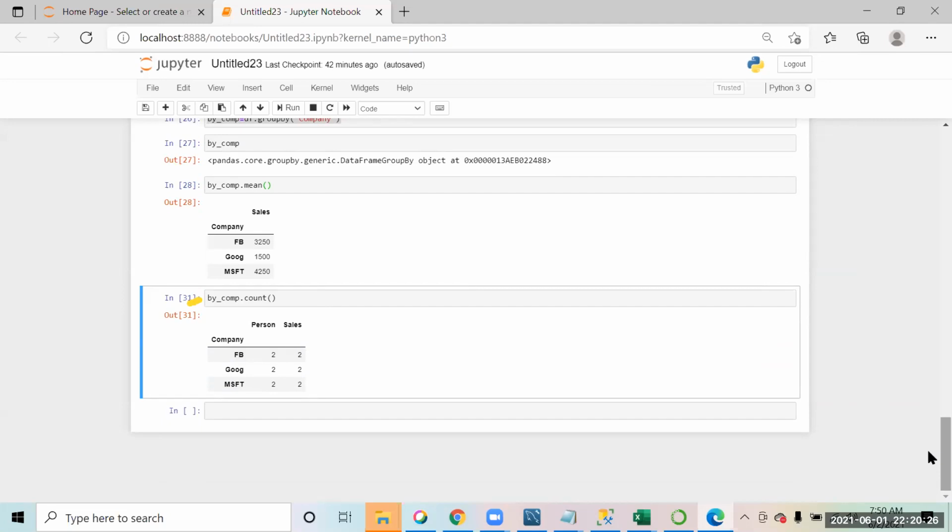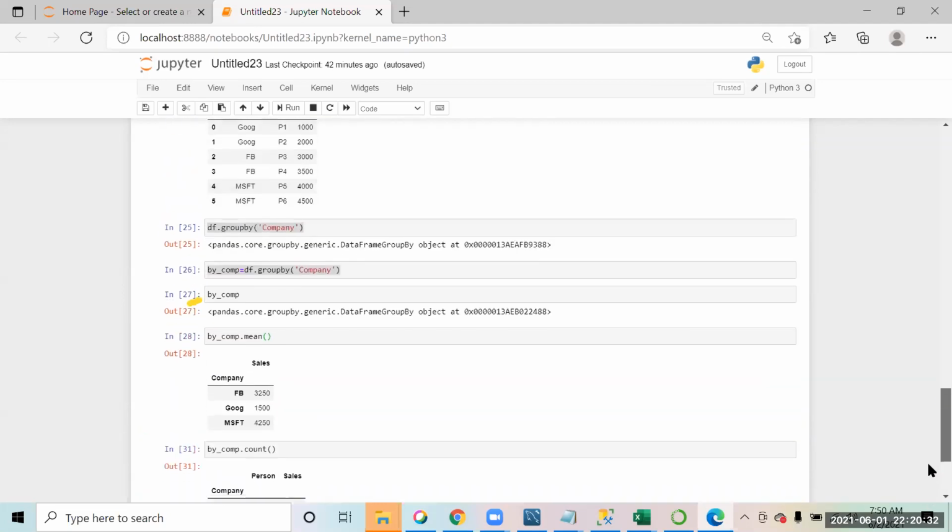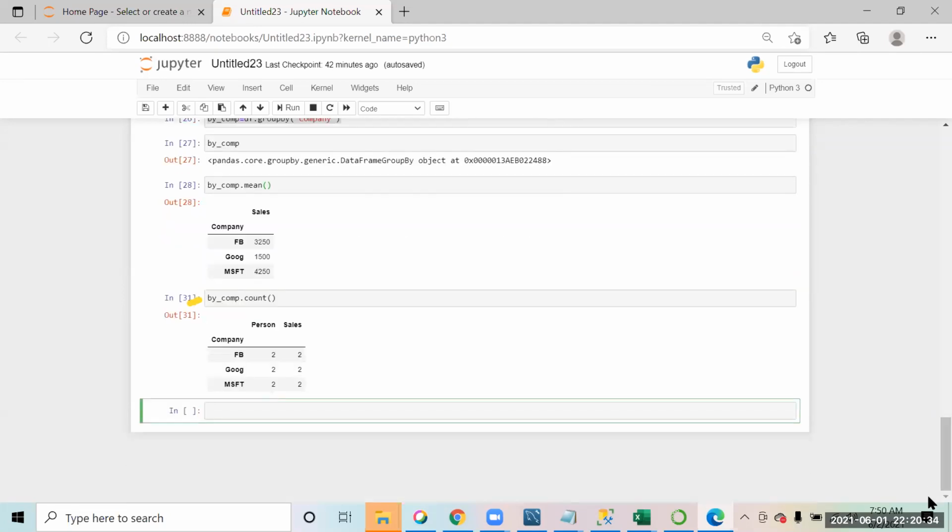Like if you see over here, this data set is small. We can just write person and sales, and it will show both the columns then. That also makes sense.